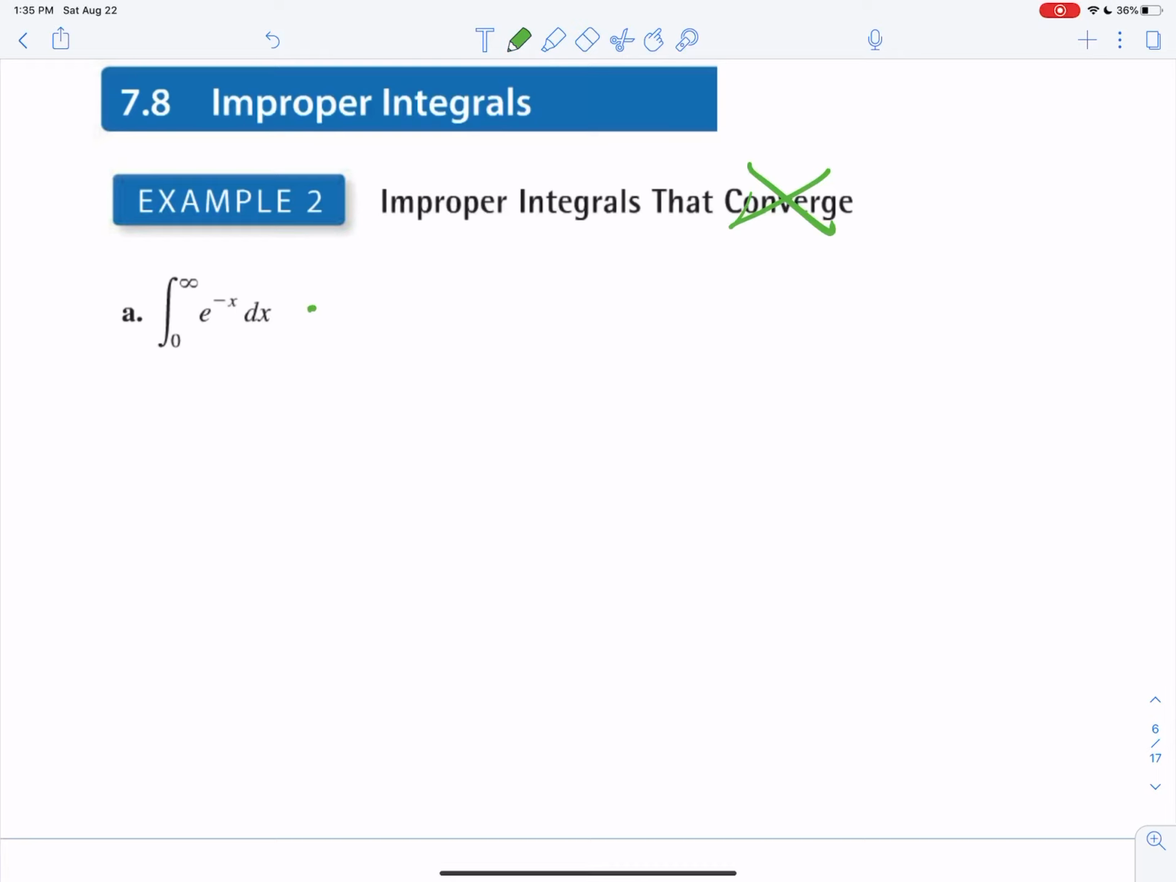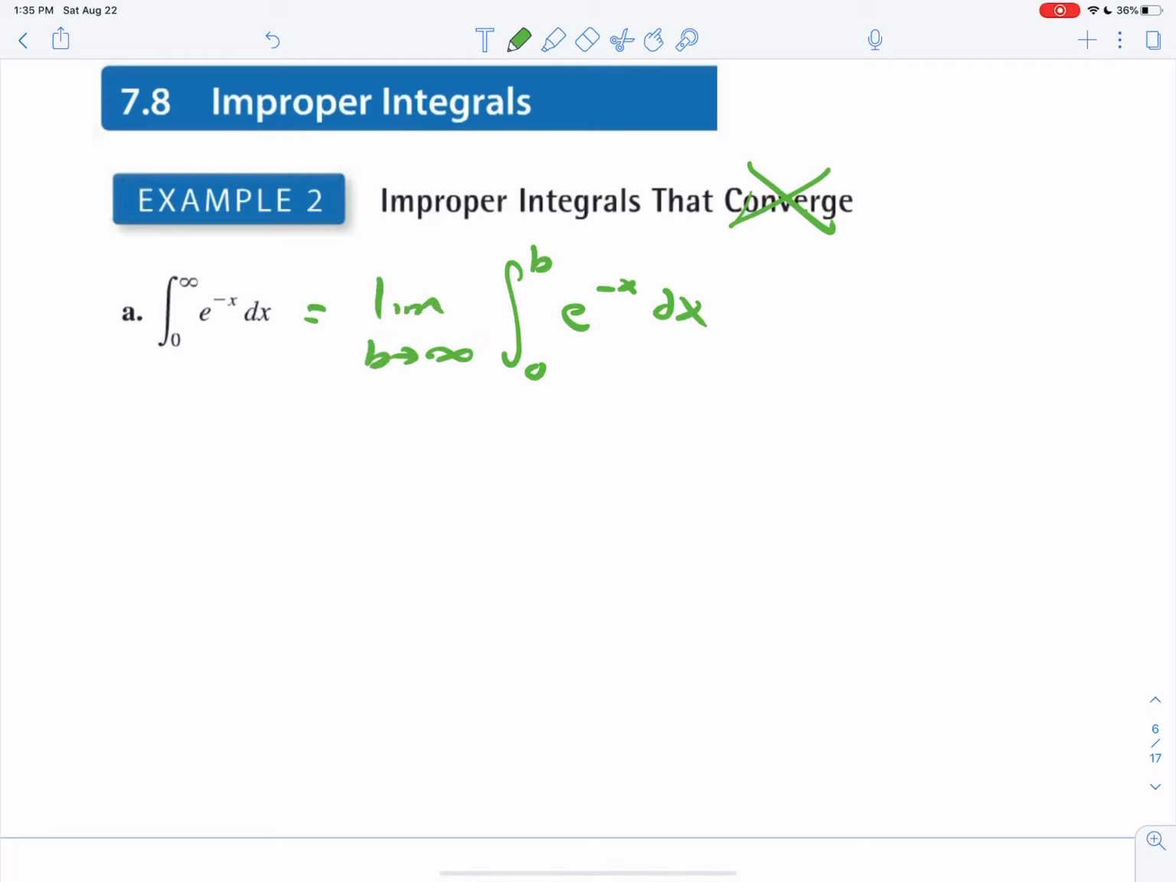Okay, so we have an improper integral. There's an infinity in our bounds, so I'm going to go ahead and rewrite it as the integral from 0 to b of e to negative x dx. But I'm going to take the limit as b goes to infinity. Okay, so the limit as b goes to infinity, I'm going to go ahead and take care of this integral here. E to the negative x,